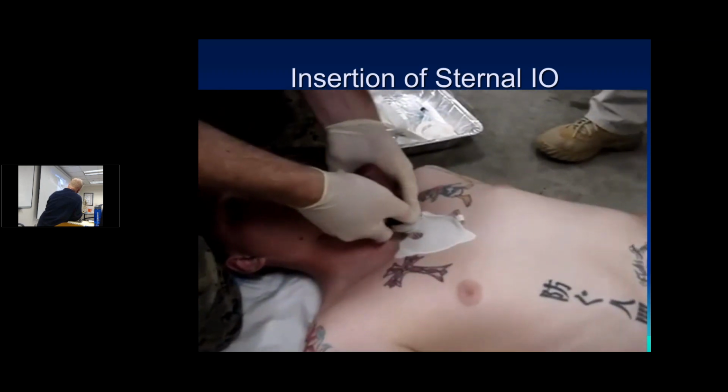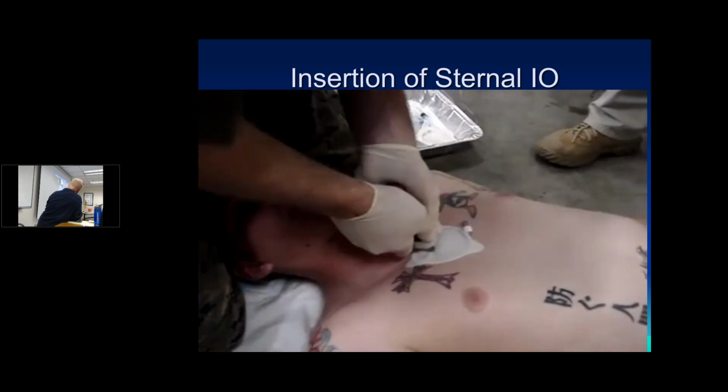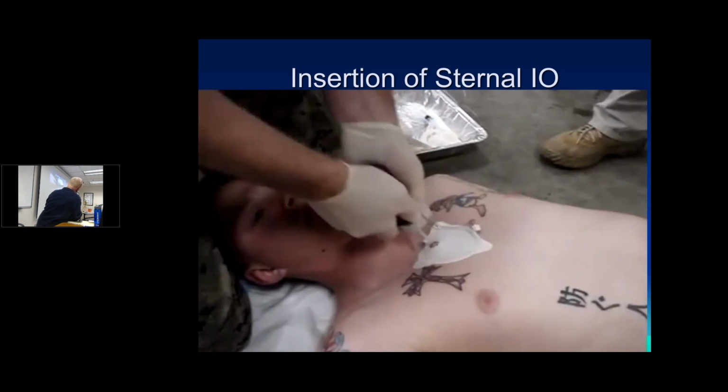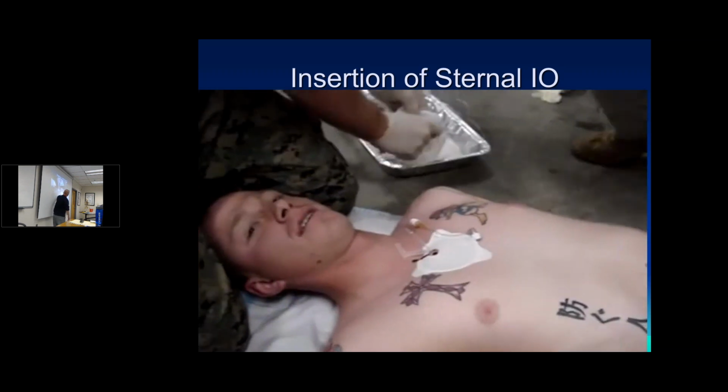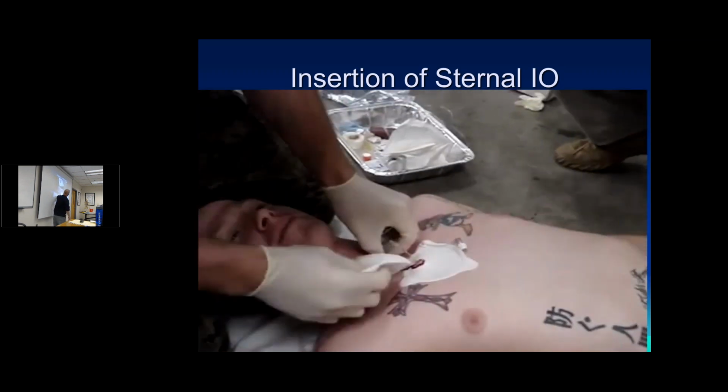You got this, guys. You got it. You can do it. So what it means is it's got this port coming off right here. Okay? And so the idea